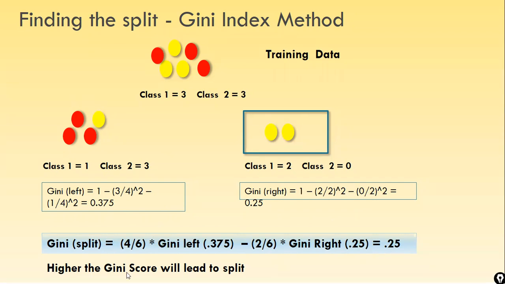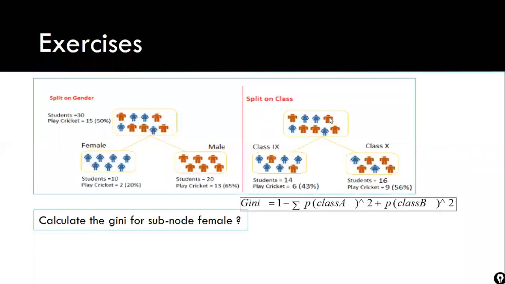So higher the Gini score will lead to, no, here it is slightly different. Lower the Gini score, that will lead to the split. So in this case, after applying this and plugging in this here, higher the Gini score will lead to split. Yes, correct. You are correct. So here,